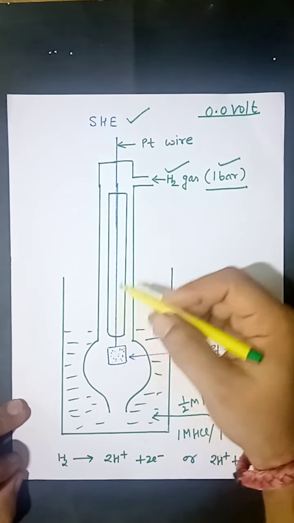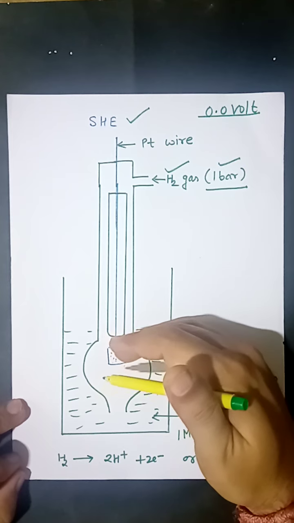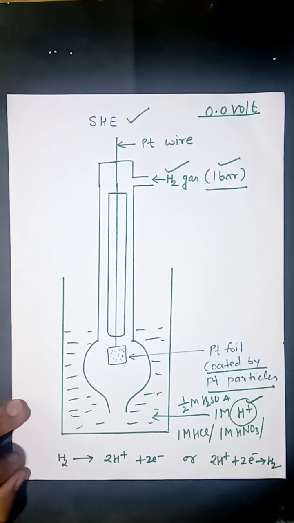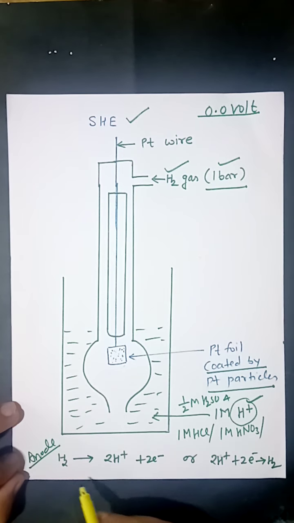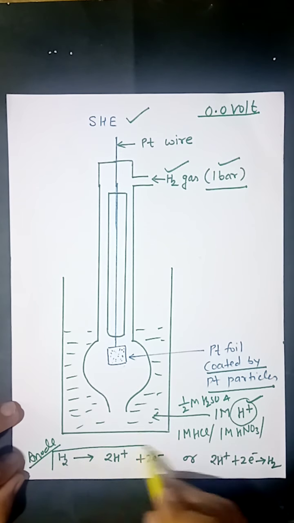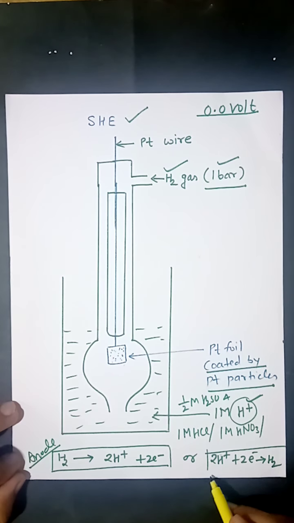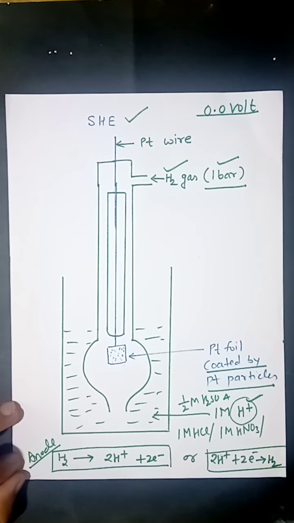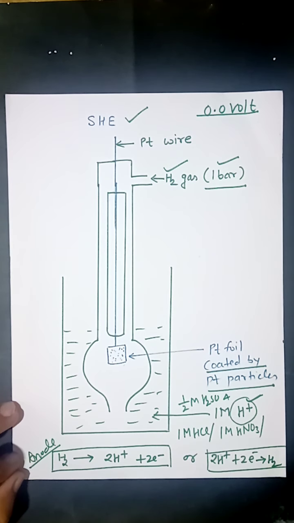This hydrogen electrode is connected with another element. Depending on the comparative reactivity, hydrogen can behave like a cathode or hydrogen can behave like an anode. If hydrogen behaves like an anode, it will be oxidized, and this is the reaction that takes place at the hydrogen electrode. If hydrogen behaves like a cathode, once again I repeat, it depends on the reactivity of the other element, then it is reduced, and this is the possible reaction that takes place at the hydrogen electrode.